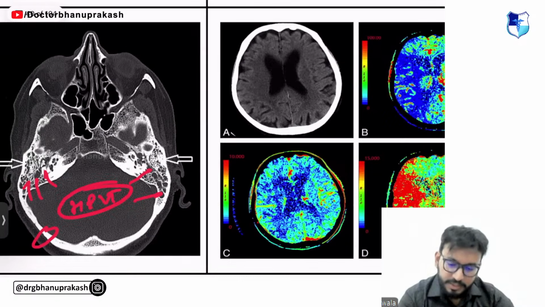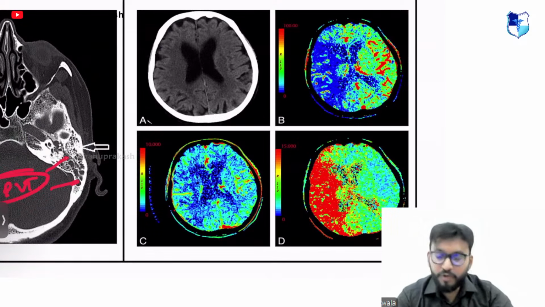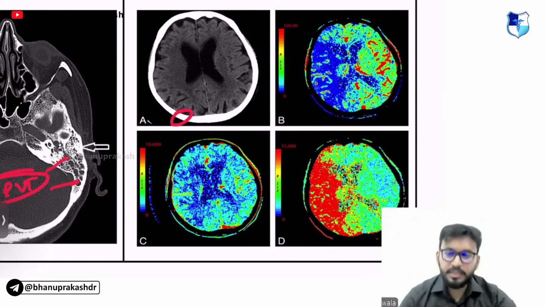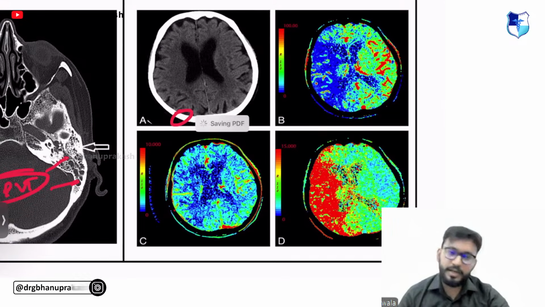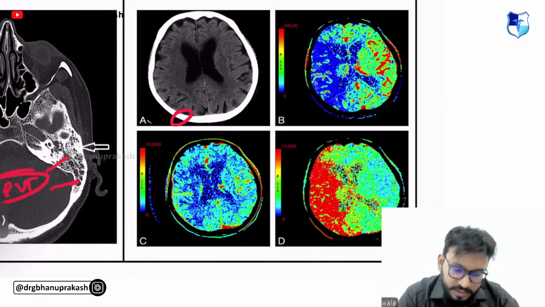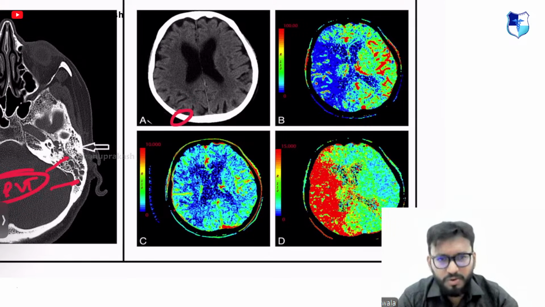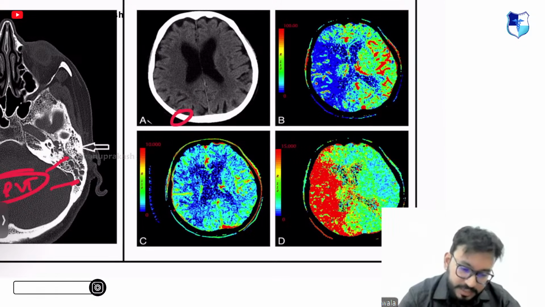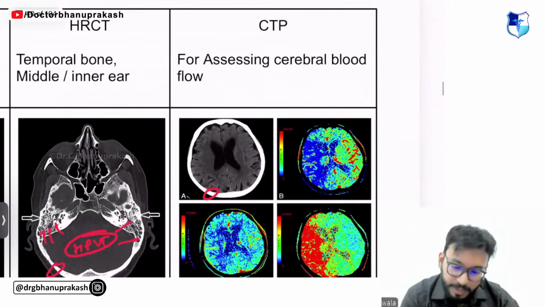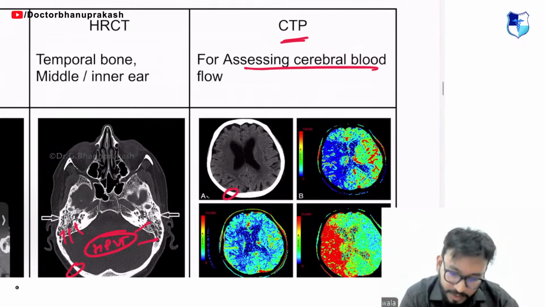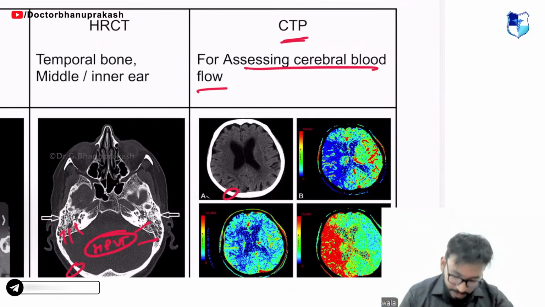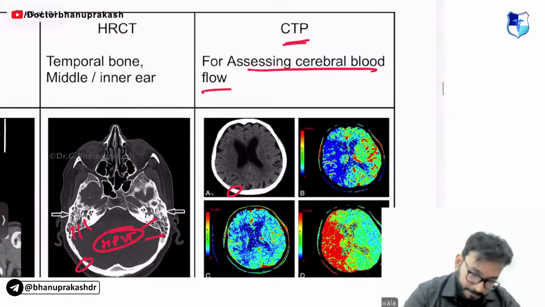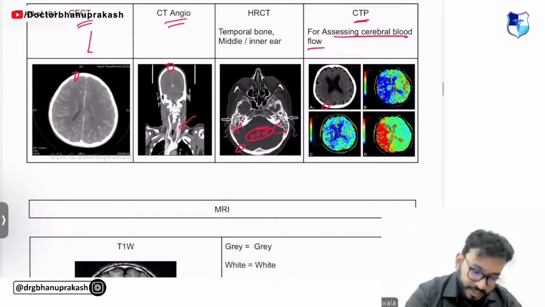Look at this, guys. So many colors. A colorful image. Is this CT? Yes. I can look at the cortical bone and tell it's CT. Do you think this is contrast? No, contrast appears white. This is known as a perfusion scan, CTP. This is for assessing cerebral blood flow. So all of these are just images that you need to know.